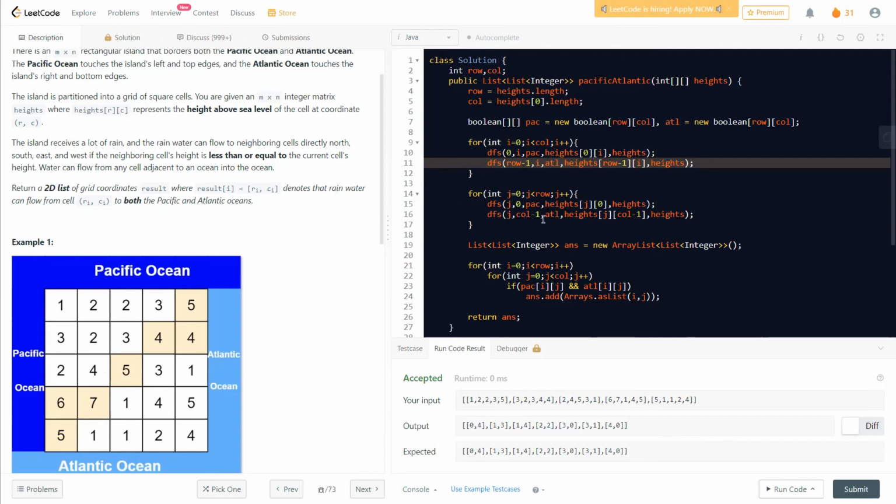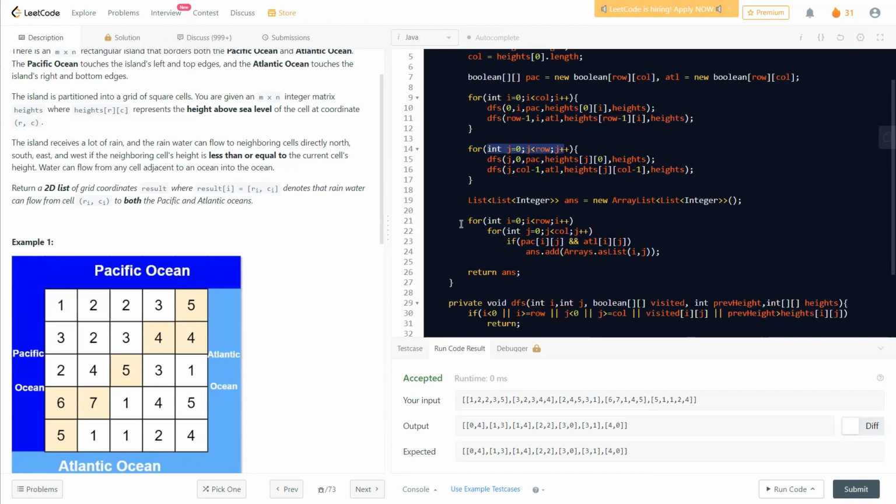That's the whole check. After we are done checking each of the columns, now we are checking each of the rows. That's the next loop. In a similar way, we first give the left side row for the Pacific Ocean and the right side row for the Atlantic Ocean, as the common case for reaching each ocean. Okay, and once we are done checking all the cells that can be reached,